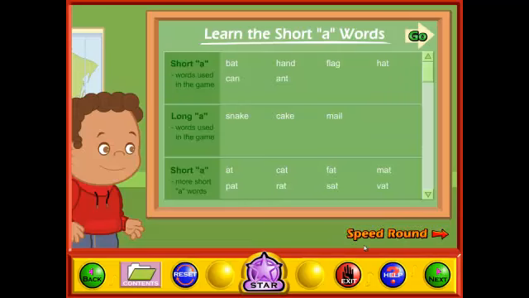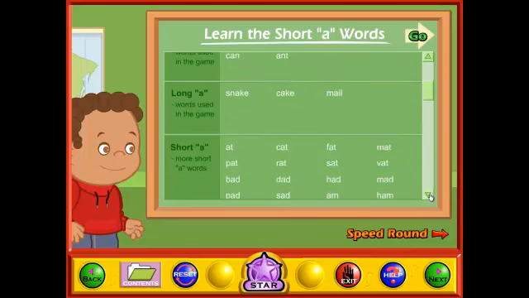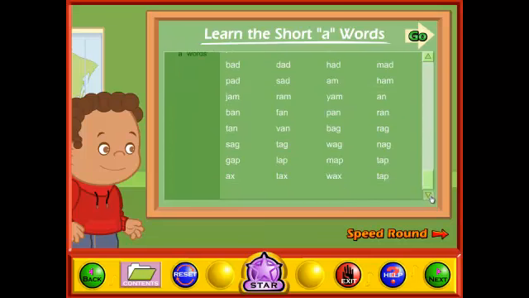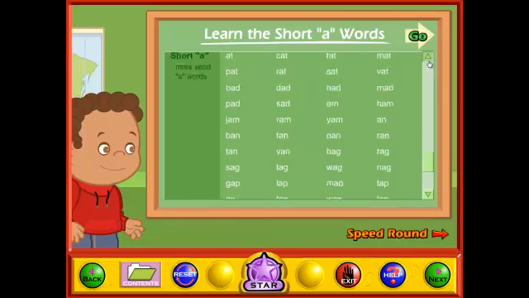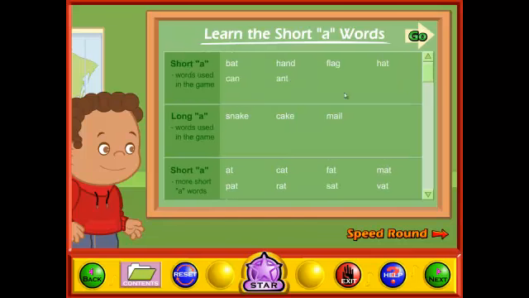Learn the words used in the short A. This is our Learn the Words activities. Here we have a list of words, and we can scroll down and we see all of the words that we have available here. And we can click on any of the words to learn that word, or we can click on the Go button at the top to start from the beginning. We also have speed rounds, and you can click on the speed round button to go directly to the speed round. But I'm going to click on Go and show you the Learn the Words for the short A